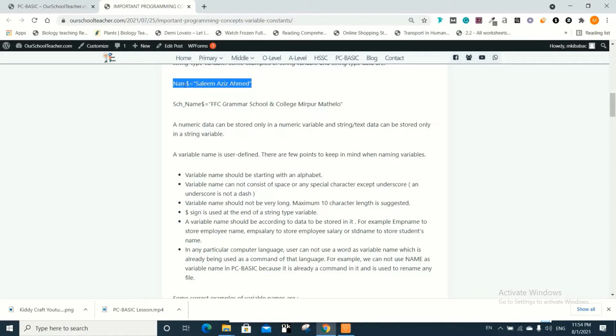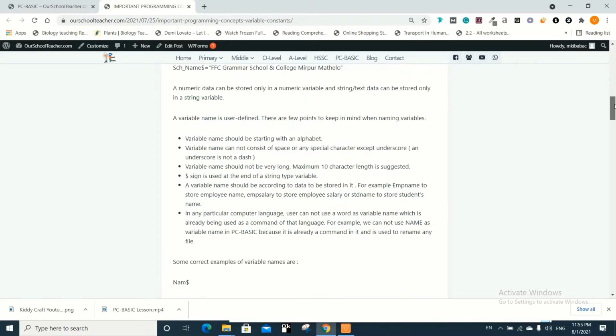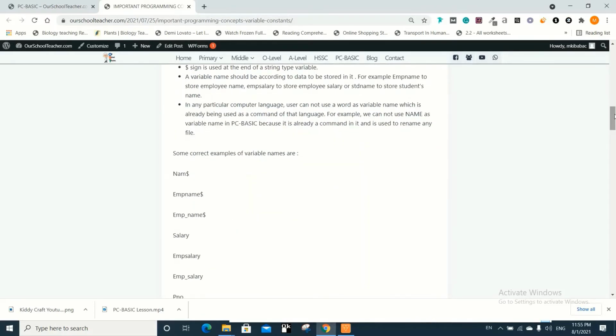So in any particular language, you cannot name a variable with a word which is already being used as a command of that language. So NAME is a command of PC Basic. That is why it cannot be used as the variable name, right? So these are the rules you have to keep in your mind when you are naming any variable.